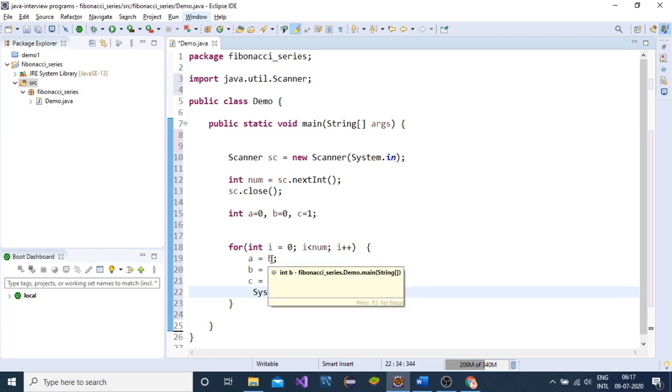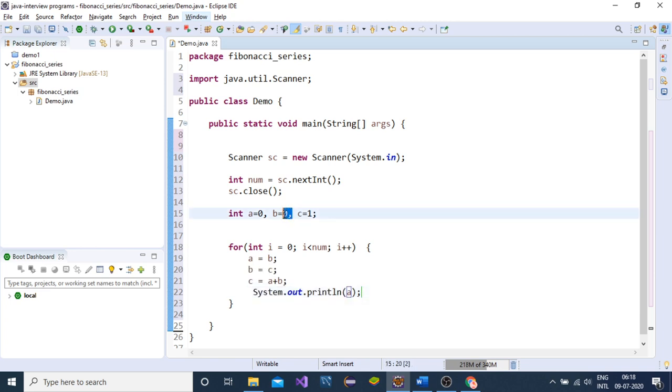We are entering the loop the first time, we are assigning the value of b inside a and the value of c inside b. So inside b it is 1, inside a it is 0, and c is a plus b, so 0 plus 1, that is 1. c is again 1. So we will print a, which is 0.